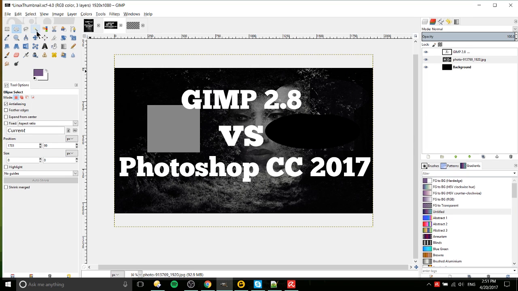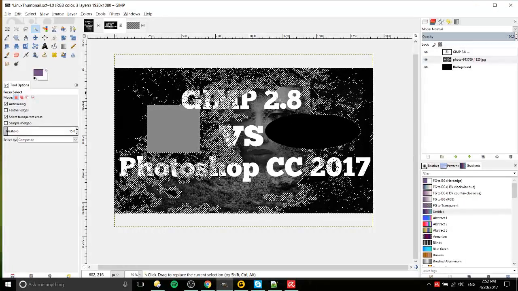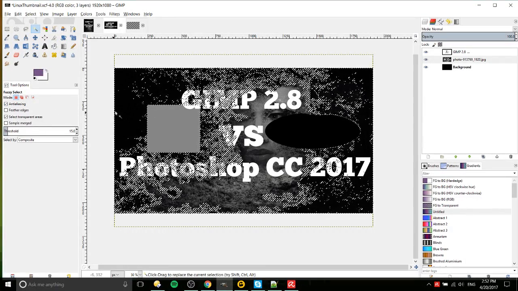So another really useful tool is fuzzy select. This allows you to select a region based on color. And when you have this tool selected in tool options, there's something called threshold, which is how lenient you want to be with that color. So here I'll click, and you can see that a lot of this document got selected,